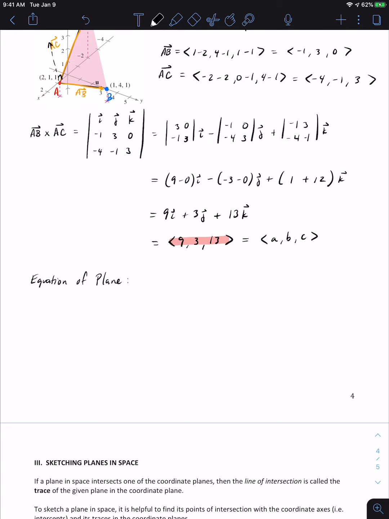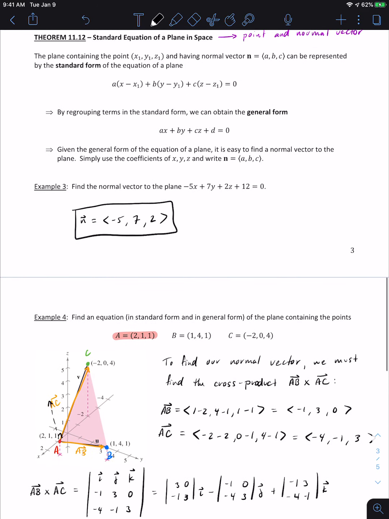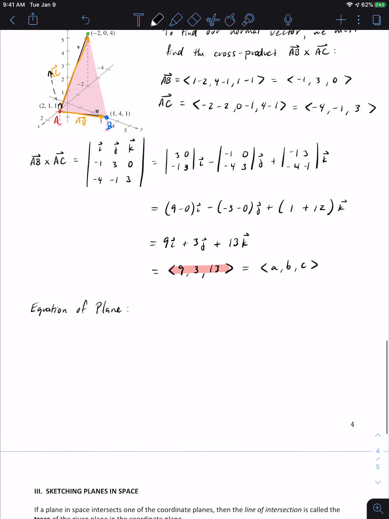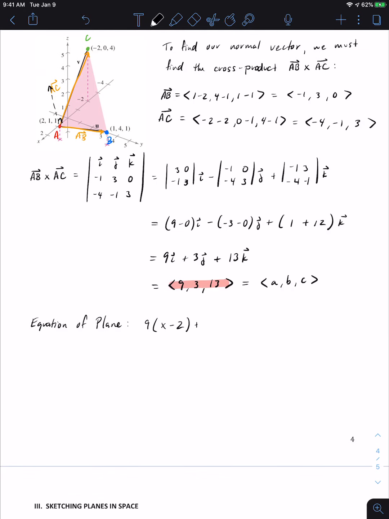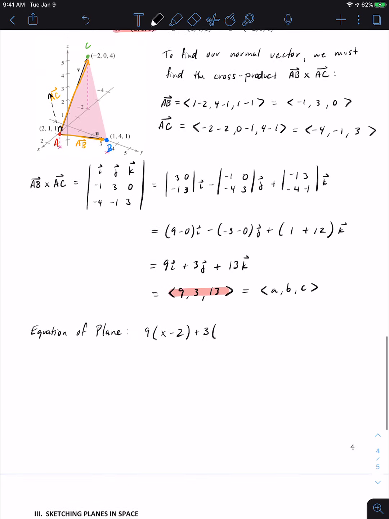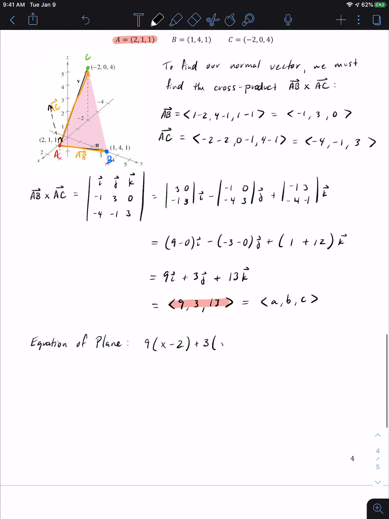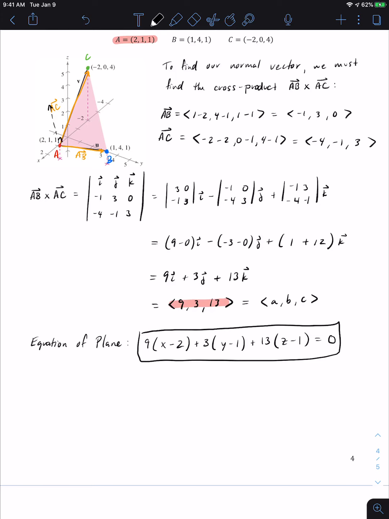So the equation of a plane, remember, that's A times x minus x1. So A is going to be 9, and then it's x minus the x value of my point, which is 2, plus 3, and then y minus the y value of my point, so y minus 1, plus 13, and then it's z minus the z value of my point, which is 1, and it's equal to 0. So that is my standard